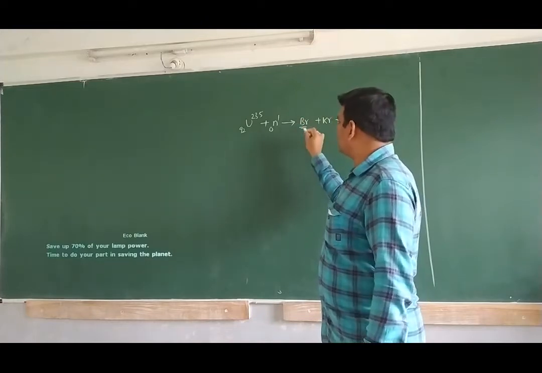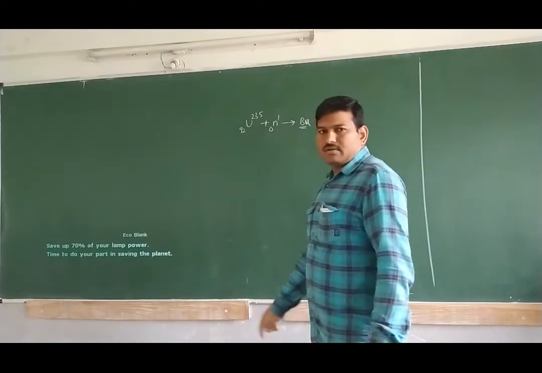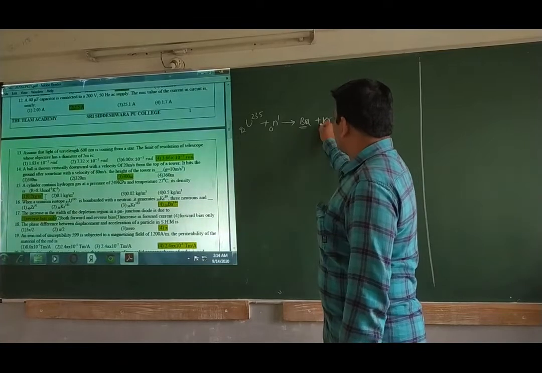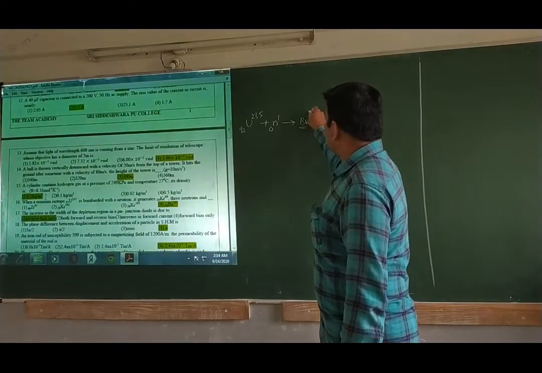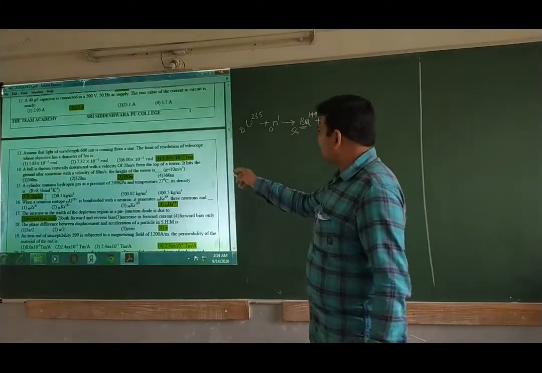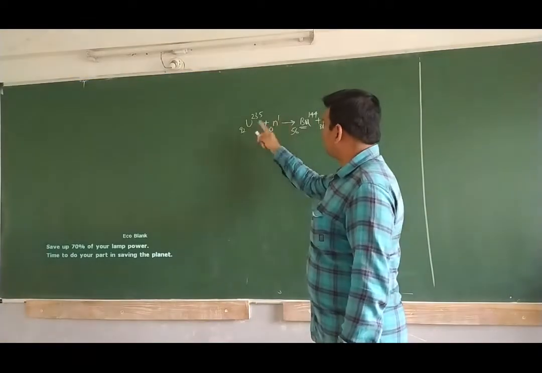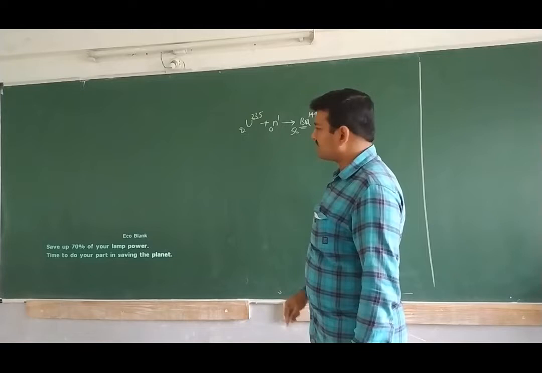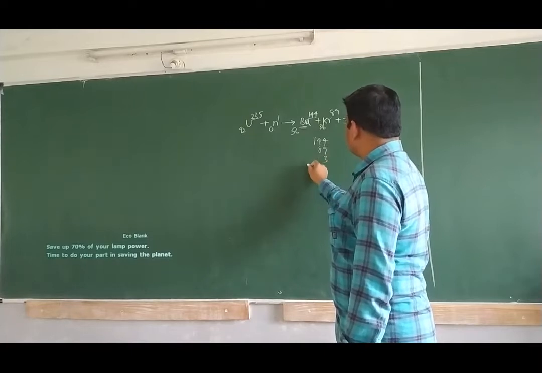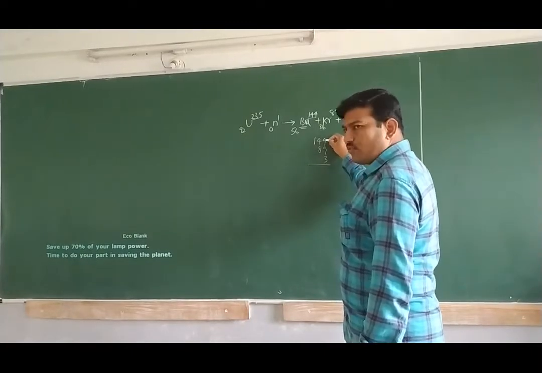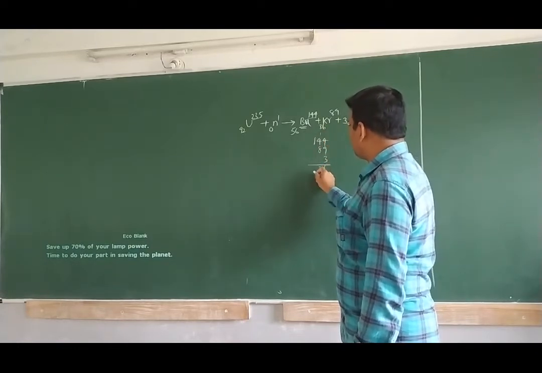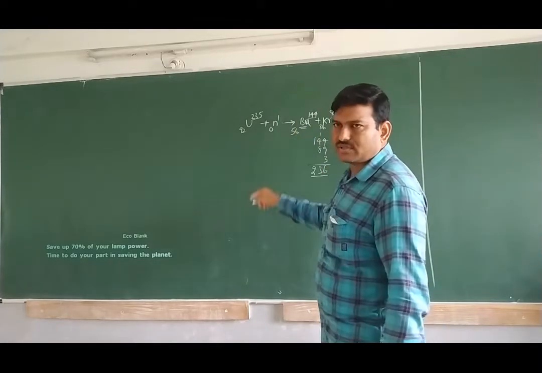So what is the right answer here? Barium plus krypton, intermediate mass number nuclei. Krypton 36 is there and here it is 89, and this is 144 and this is how much you will have? 56. Let us check here. You check the balance equation. 235 plus 1 is 236. 144 plus 89 plus 3 into 1, that is 3. So how much will you have? 4 plus 3, 7. 7 plus 9 is 16. 1 comes here. 4 plus 1 is 5, plus 1 is 3. And this is 236. 236 balances.